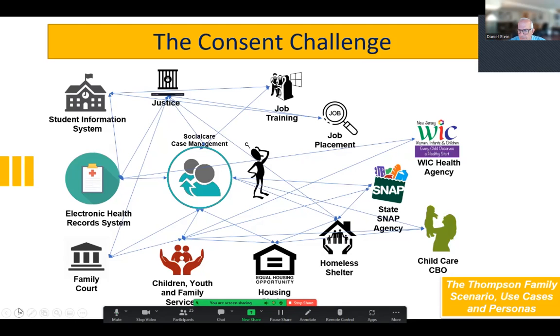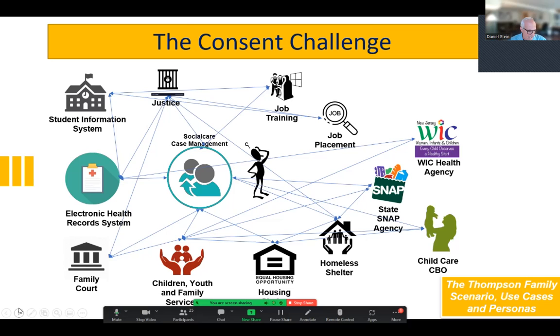I'll call out a use case that we developed, actually more of a scenario, over the course of a couple of years, as I said, under the Integrated Care for Kids. We spent time creating a scenario that could embody virtually all of these. We came up with a scenario we call the Thompson family, which includes a variety of use cases and personas. Within that scenario, we've created a number of demos, and Brian Hanspicker, who's on the call, really led that charge, and we'll talk about a little bit of that later.